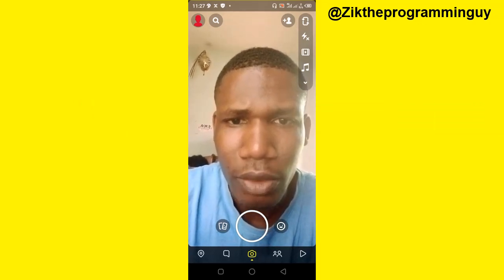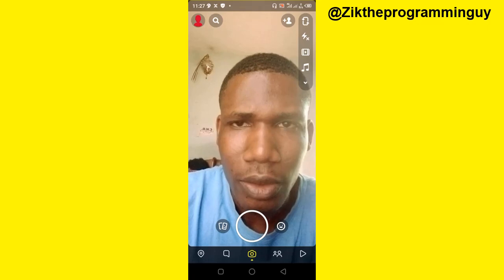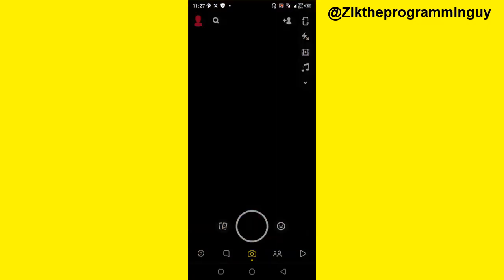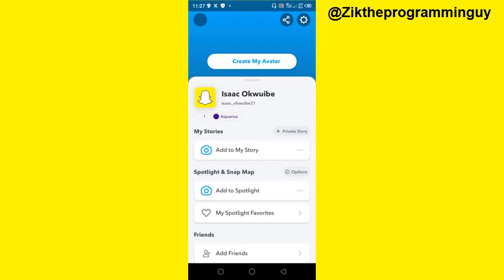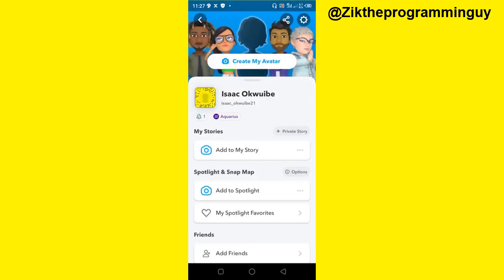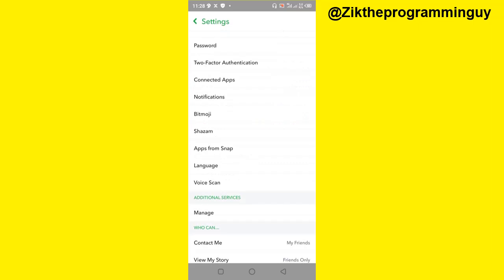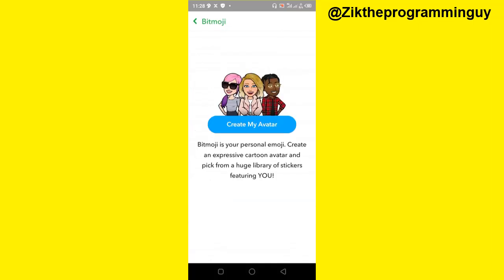Now just go ahead and open your Snapchat app and click on this profile icon at the top left corner of your screen. Now once you click on that, go ahead and click on the settings icon at the top right corner of your screen. After that, scroll down a little bit, you find this Bitmoji option. Click on that, and now you have to click on this create my avatar button,